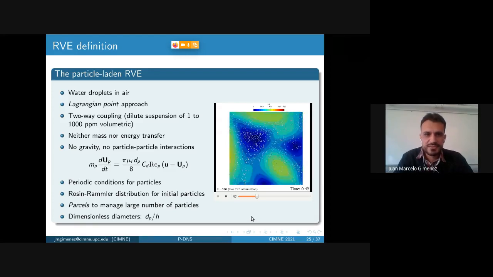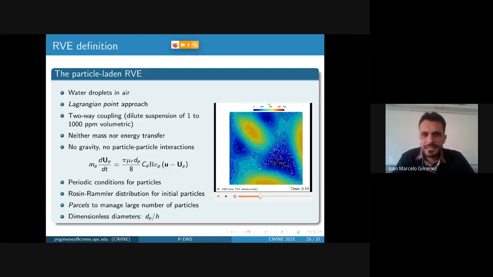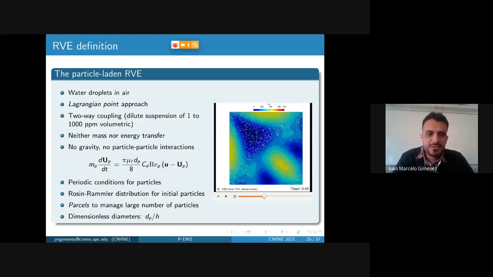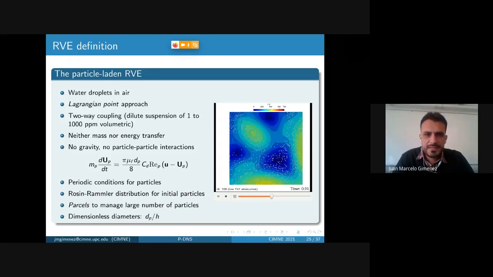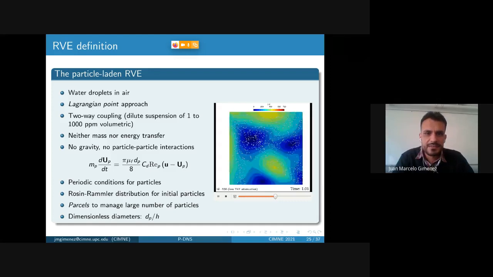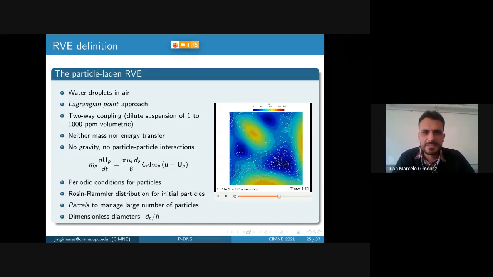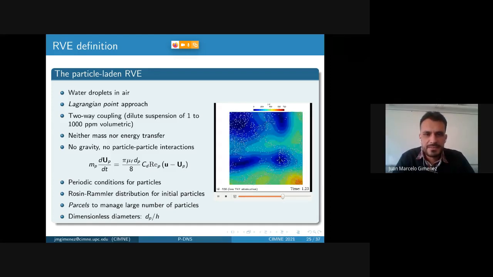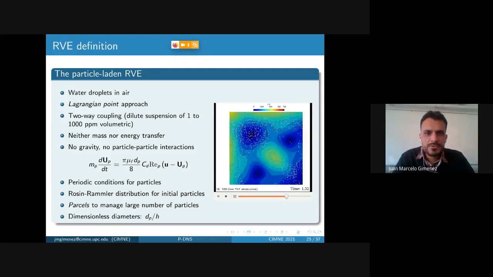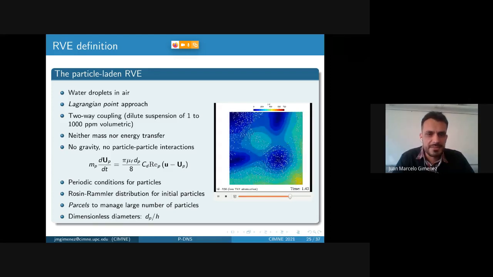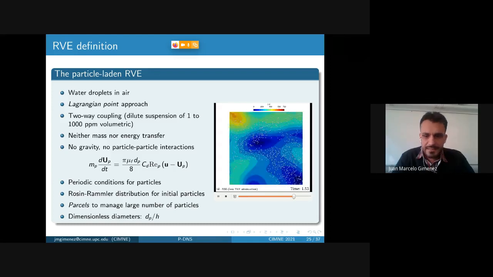The pure shear stress induces instabilities. The instability could be increased or decreased because of the presence of the particles. And this is the main difference from the unladen, or particle-free, RVE. The turbulence can be modulated by the presence of the particles. And the results,